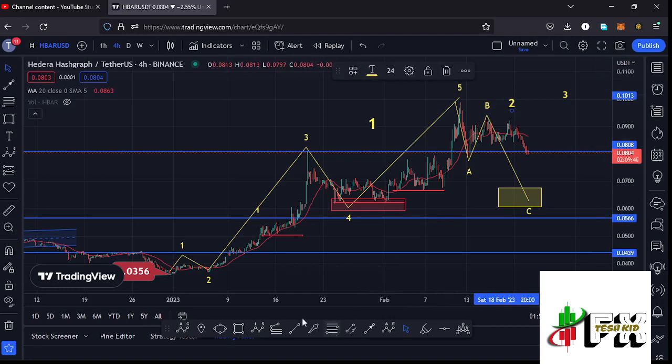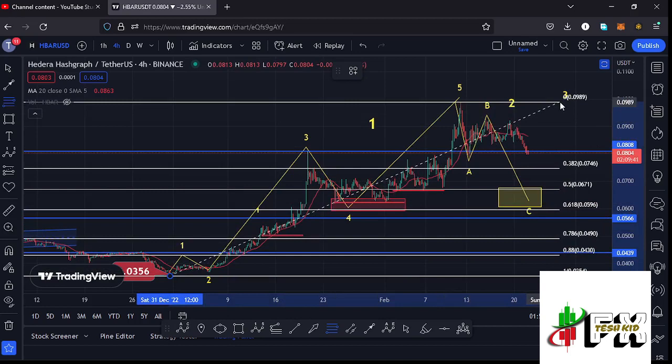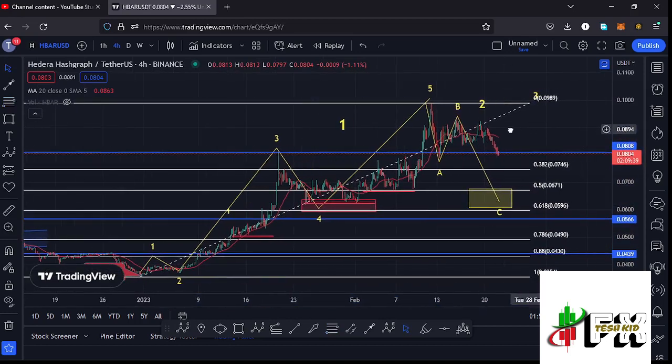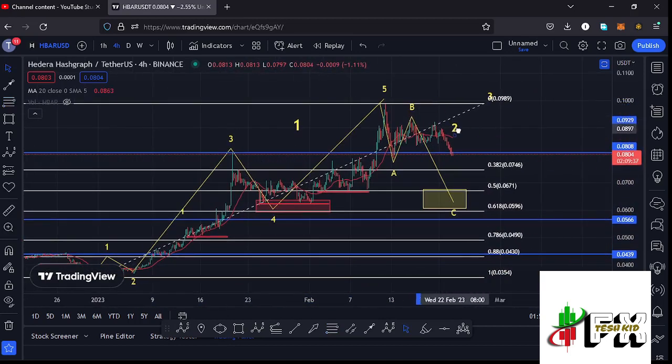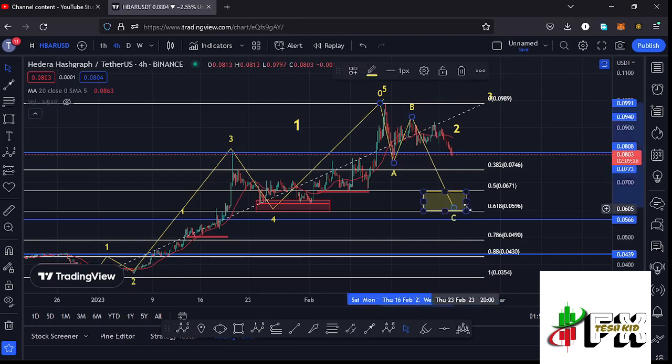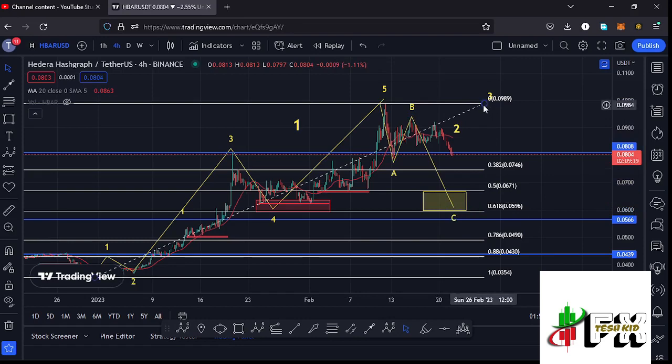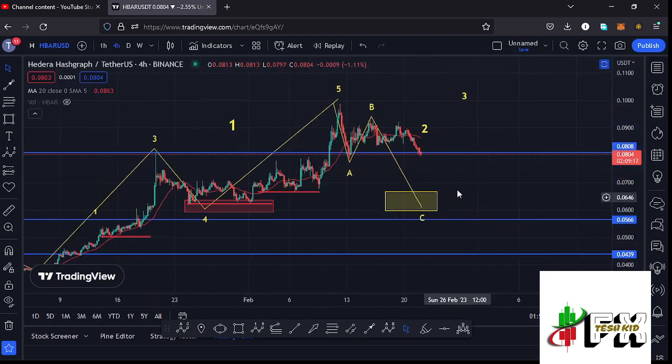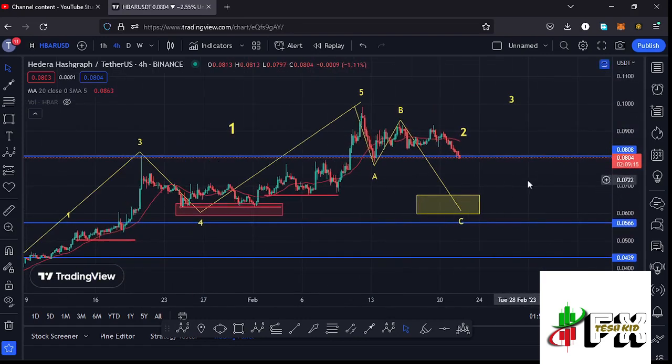And using the Fibonacci, connecting them from the low of the first wave to the high of that wave 1, that gives me a minimum retracement area in the formation of that larger Elliott wave count 2 between the fib level 0.5 and the fib level 0.618, and it is within this yellow target area down here that I'm expecting to see the low for that second wave. That target area lies between the $0.0671 mark and the $0.0596 mark, and it is within that yellow target area that I'm expecting to see the low for that second wave, which is a corrective wave.